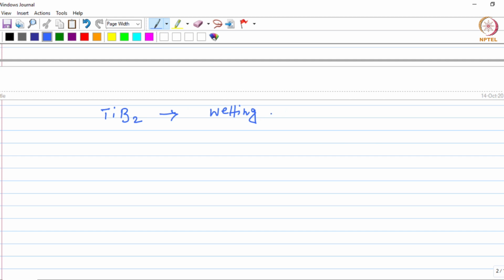Okay, so the aluminium should be able to wet the surface, and this would depend on the contact angle. A lower contact angle is always good for wetting,